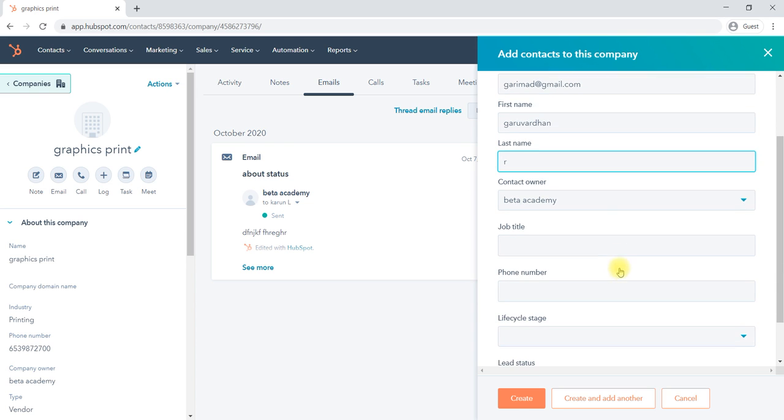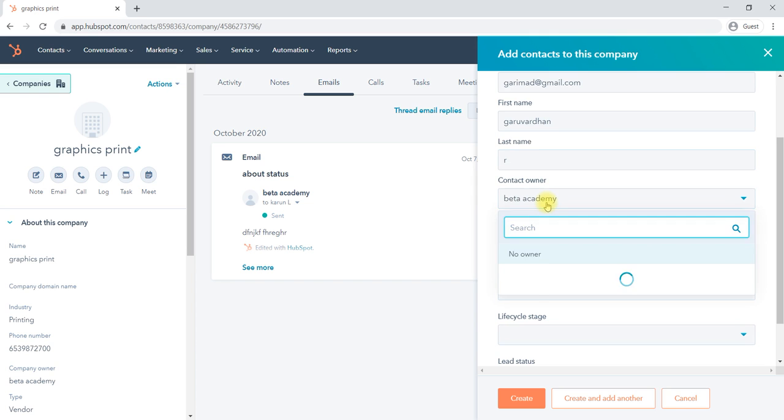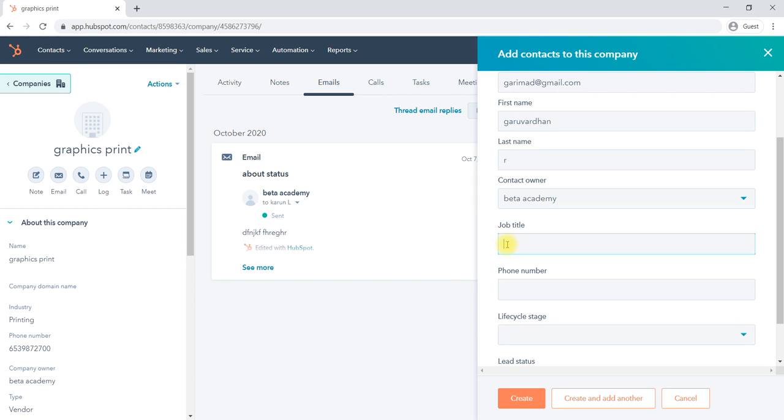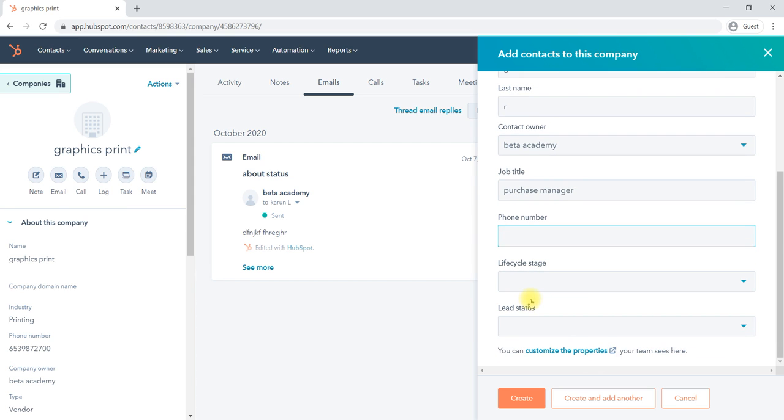The contact owner is yourself, in the sense that you are creating the contact. Job title, like purchase manager. Phone number, we can create a phone number.